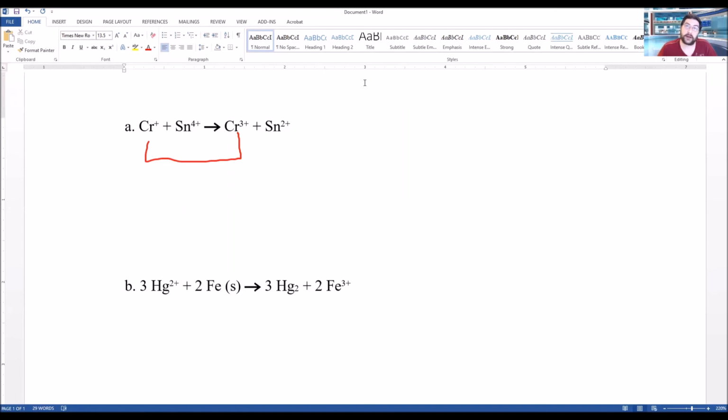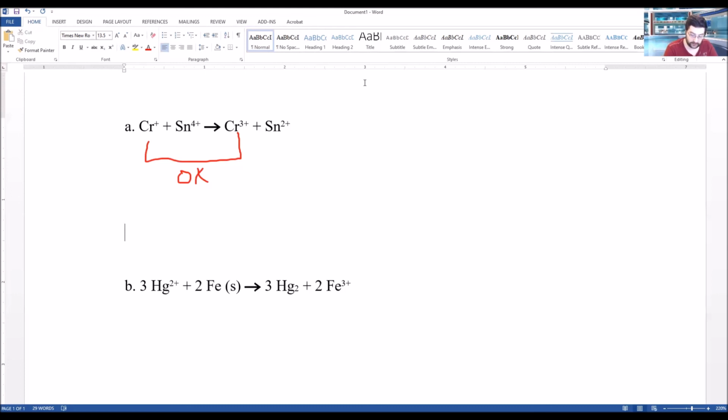We had to have lost additional electrons. So lose electrons, LEO, lose electrons, oxidized. So that means in this case, the chromium was oxidized. Now, of course, that automatically means that the tin was reduced, but let's go through the motions and see if